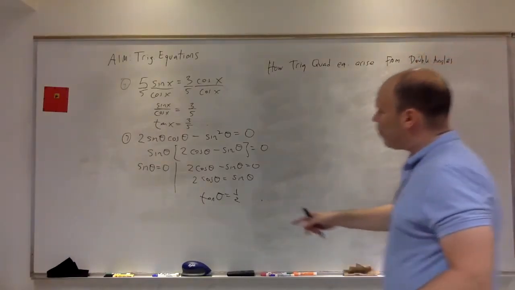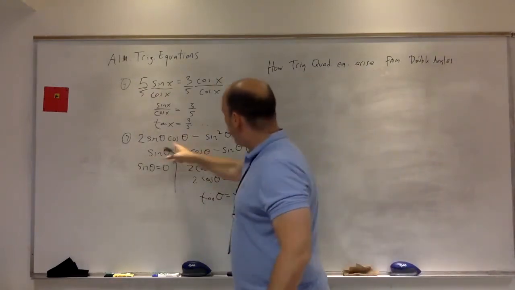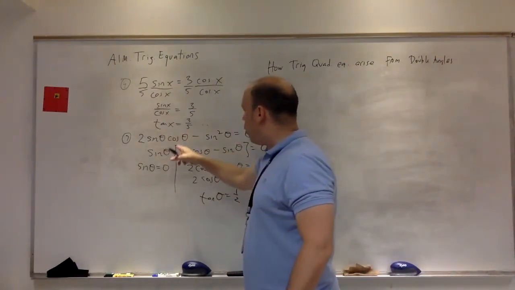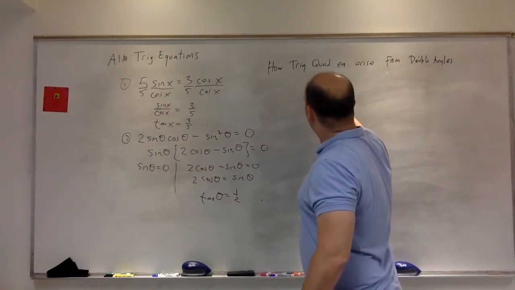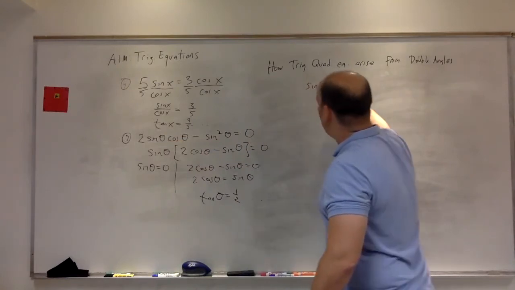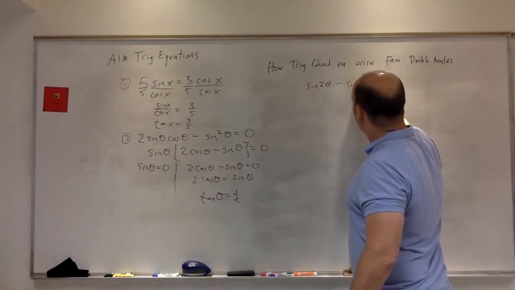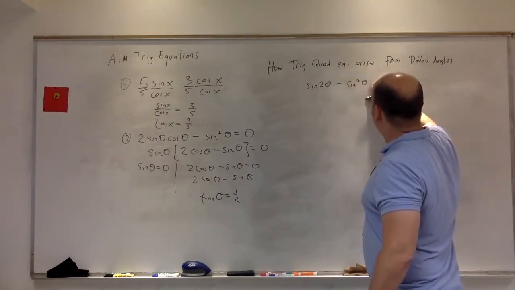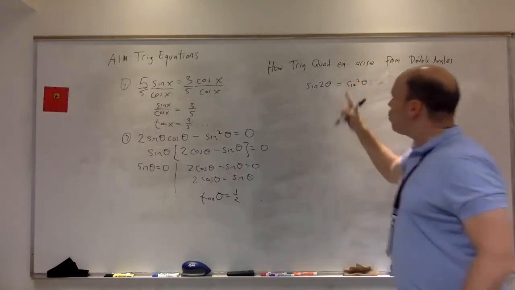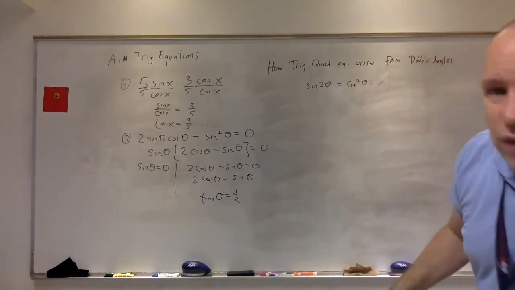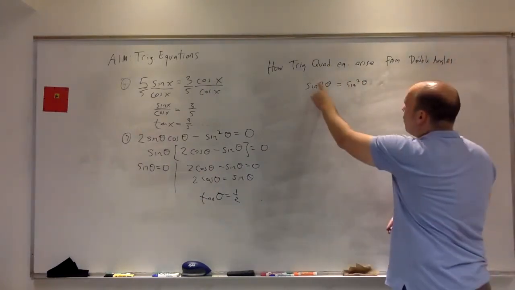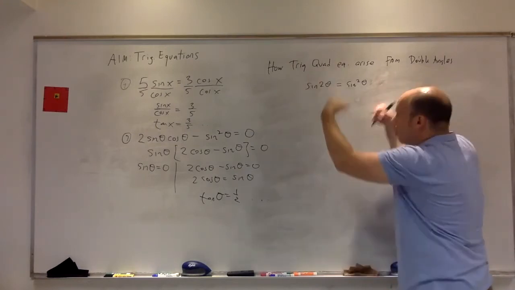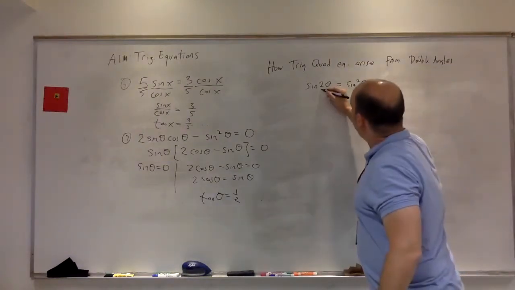Now, if you think about this for a second, if you look at this equation, the original equation was sine of 2 theta minus sine squared theta equals 0. Or, I could have written it like this. This is the equation you could have seen. So let's deal with this first. The second you see sine of 2 theta, turn it back immediately